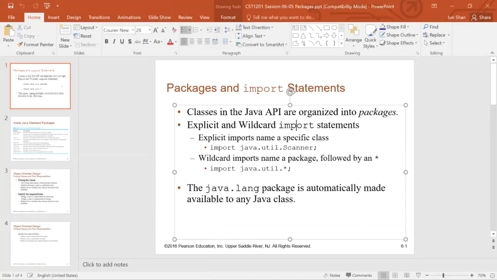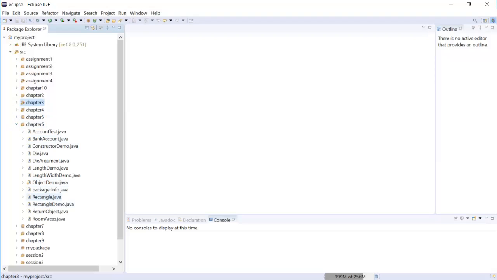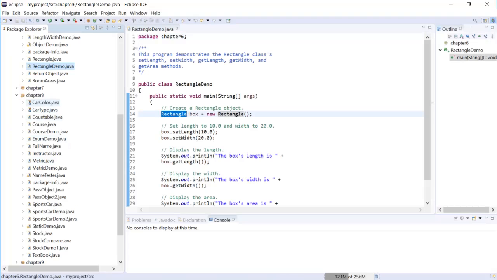Explicit and wildcard import. Once you start creating a package, by default, your class can access any class inside the same package. So for example, in our Chapter 6 class, RectangleDemo, you can directly access Rectangle without specifying anything. However, if your class is in another package,